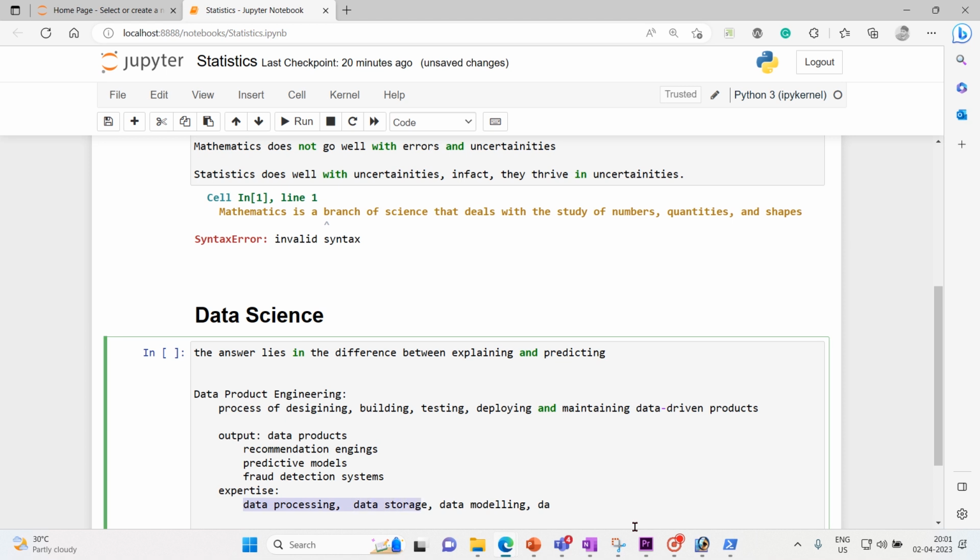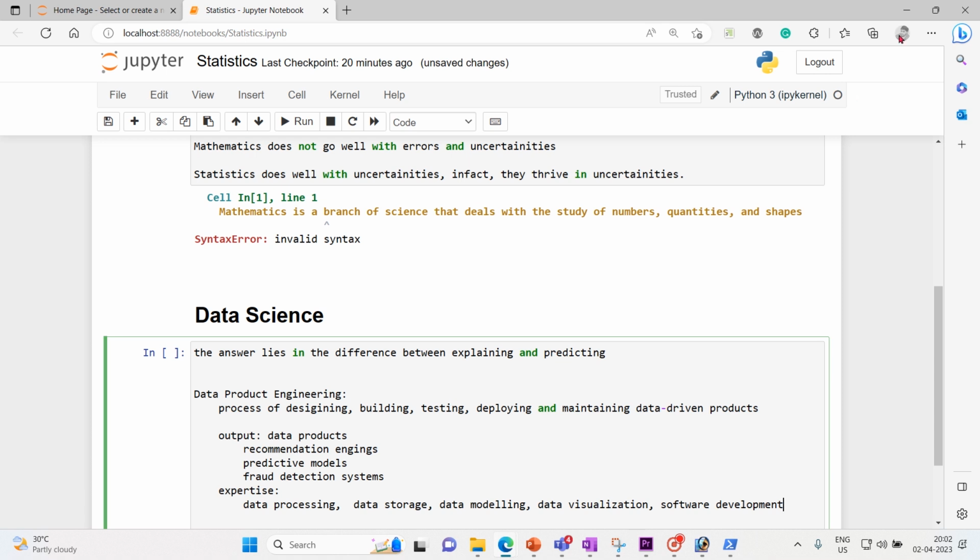So data processing and data storage, then data exploration, then data modeling, after which we go for data visualization, and finally software development should also be integrated with that. Without that, you can't take the application to the end user. So this is data product engineering. I hope you got it.